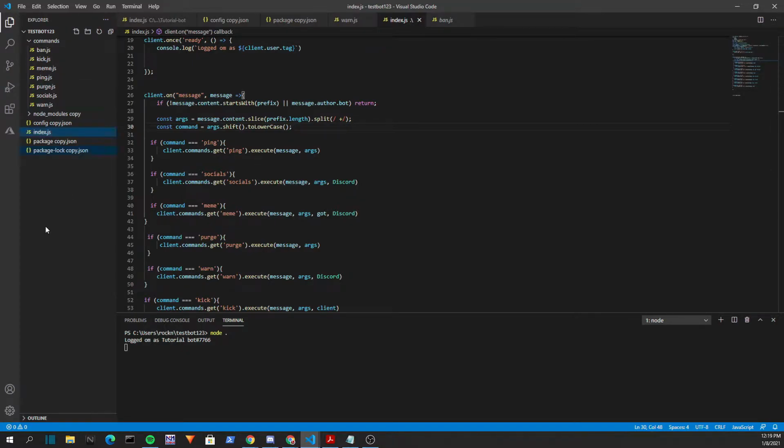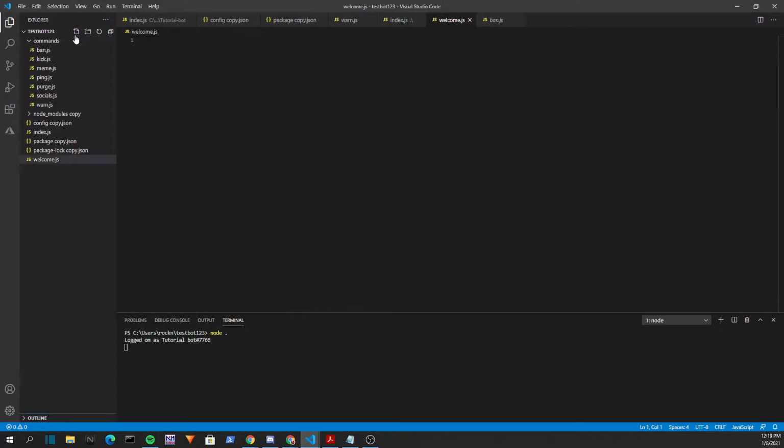Okay, so the first thing we're going to do is make a file called welcome.js. And the first thing we are going to do is module.exports equals client, and then we are going to do an arrow function, brackets, and inside these brackets we are first going to